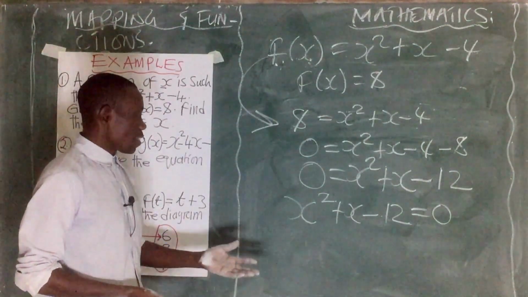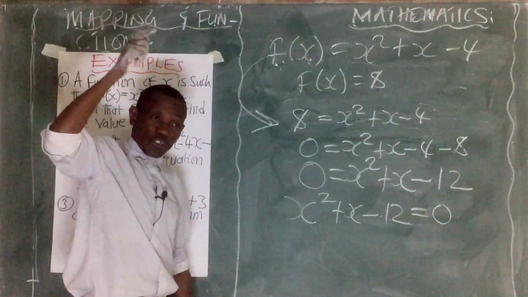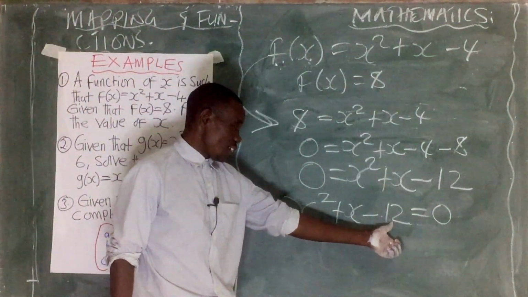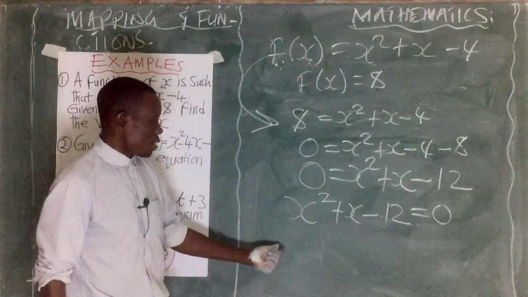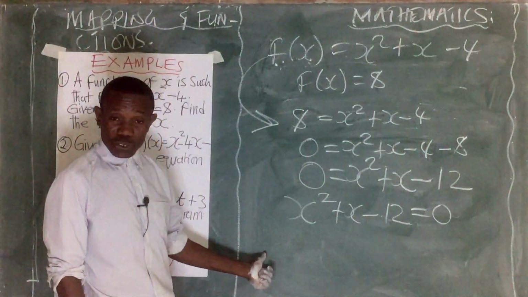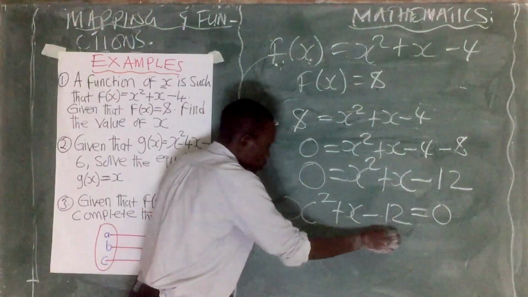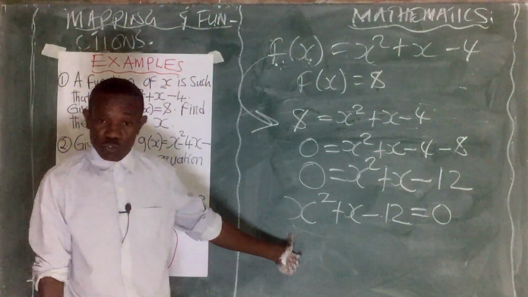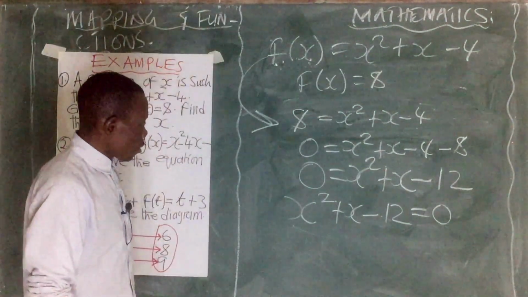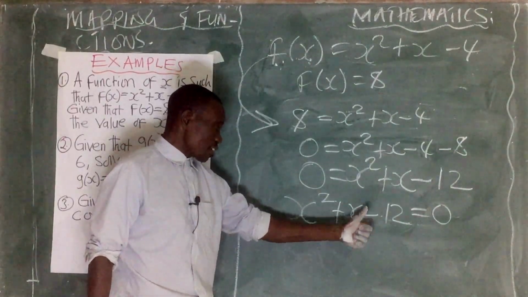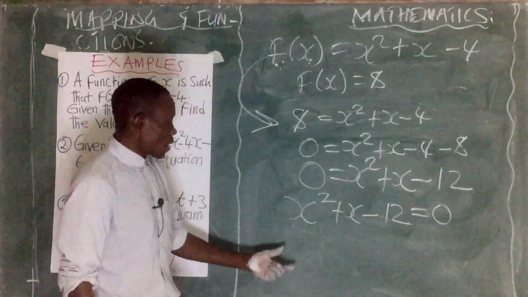You remember that the next stage, from the first video we had in the first topic, I mentioned that the next step you consider is factorization of the quadratic expression of that equation. So it means we are going to factorize this one and find the factors of it. Right. So by the grouping method, if we look at x squared plus x minus 12 to find the factors of this one,